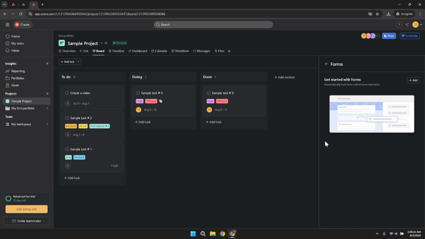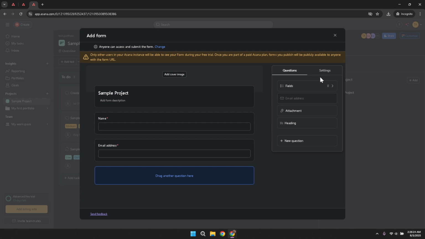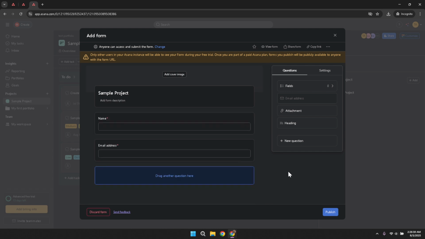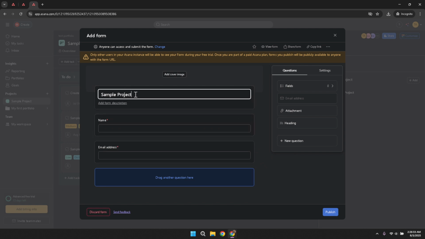Upon clicking it, a form editor will appear. This is your playground to customize areas that suit your project needs. Here, you can add fields specific to the type of information you require, be it text entries, multiple choice questions, or checkboxes. It's beneficial to spend a moment considering what questions or data you need, ensuring the form is comprehensive